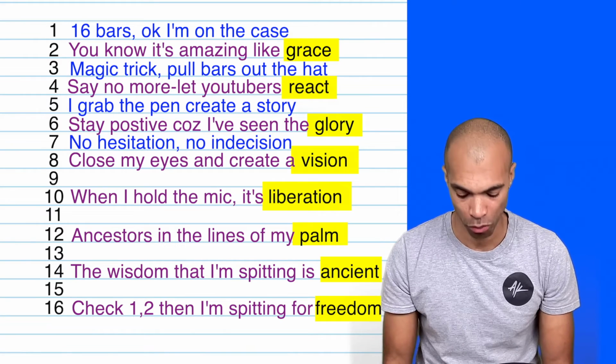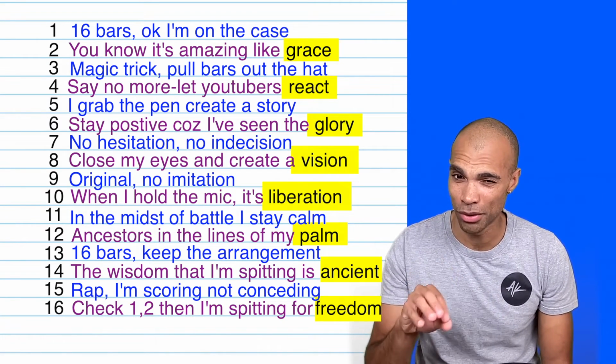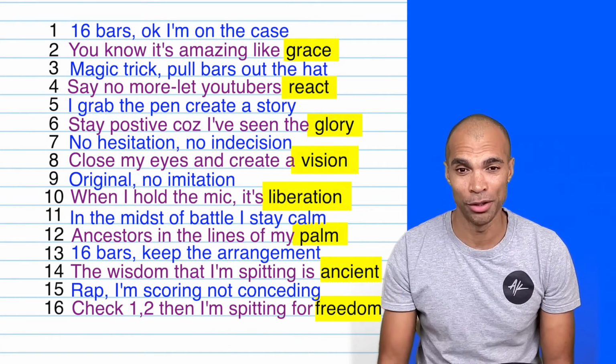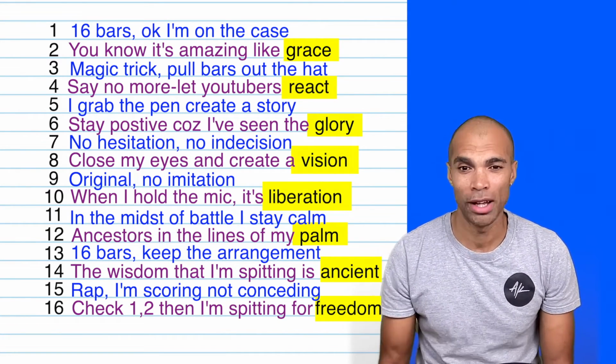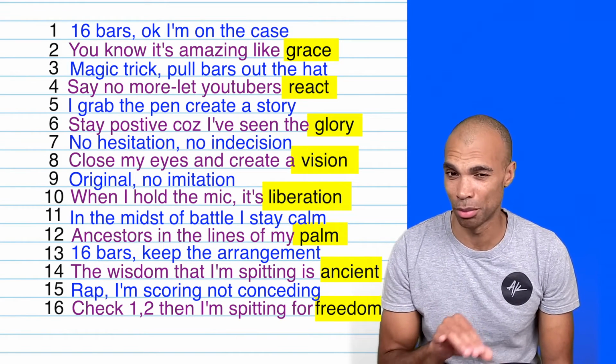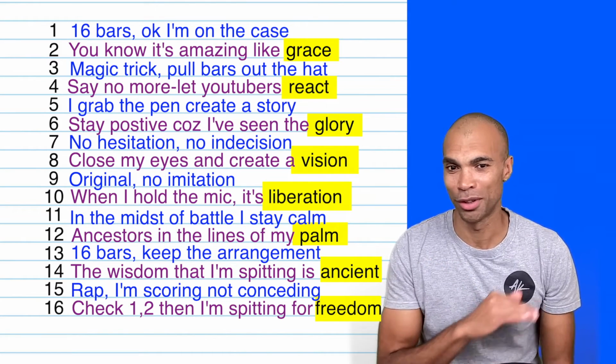and vision now. So you can see on each of those odd numbers, I'm just setting up the punchline. I'm just creating a rhyming line that's going to allow that punchline to be delivered and to be dropped. As you get more advanced with your rhymes, you might make your setup lines a little bit more sophisticated. So you're not just throwing a line in just to create the punchline.